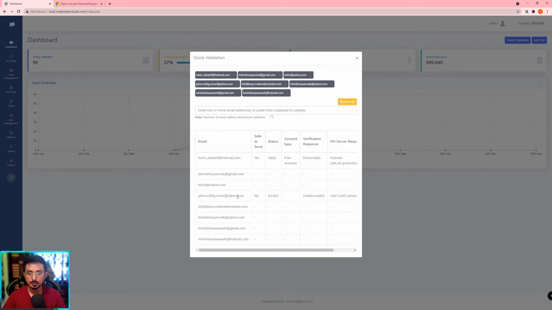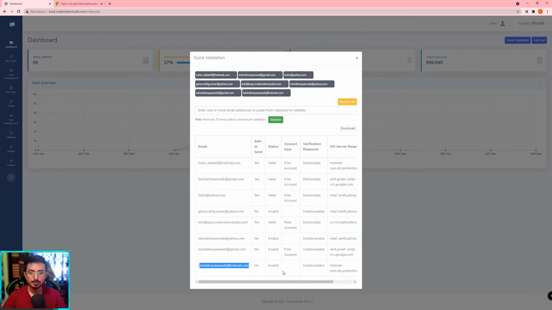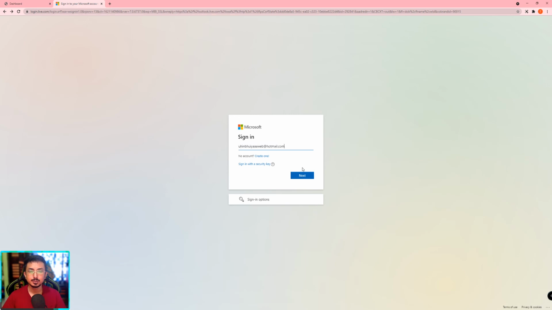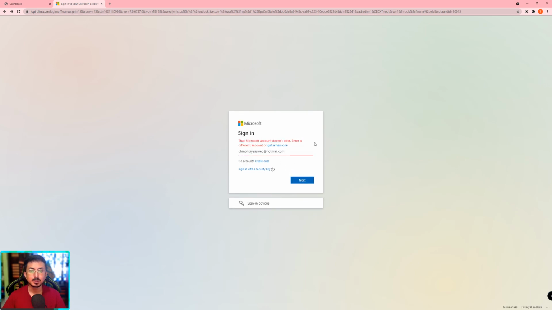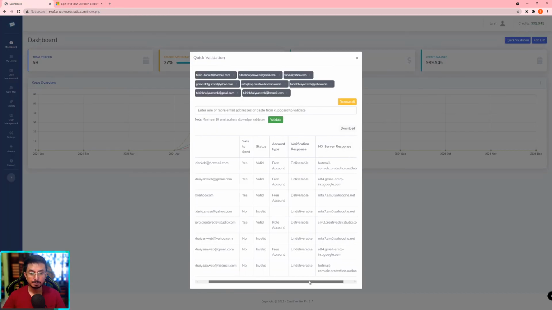Okay, so here it's saying invalid. Let's go to the Hotmail. This Microsoft account does not exist. Enter a different account. Okay. Obviously, it doesn't exist. So as you can see, it's completely 100% accuracy with the scan system we have, and